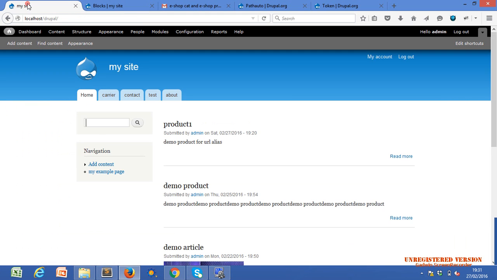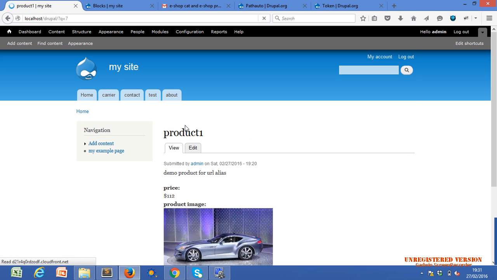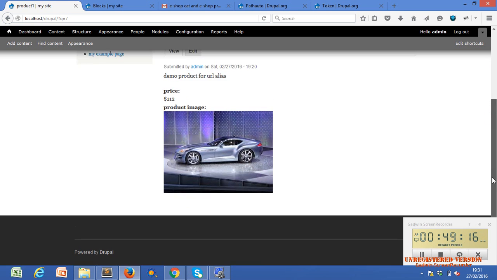Let me show you. Just refresh the website. Now it is coming in the header section. So it will display for all pages, for any product also. Wherever we go, we can find this search form. We can manage all the things from here. We can move this navigation from the left hand sidebar to the right hand sidebar, or to the header section, or to the footer section if you want to.